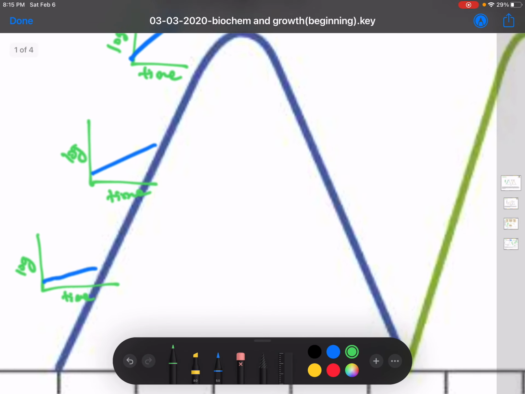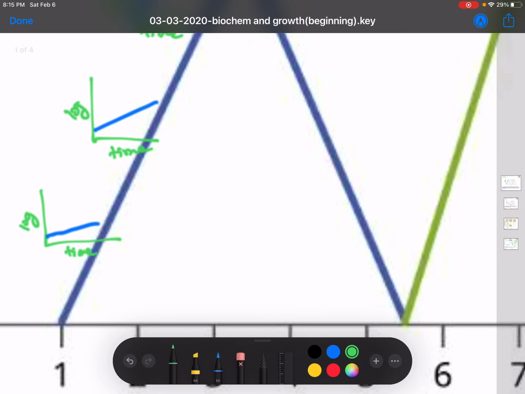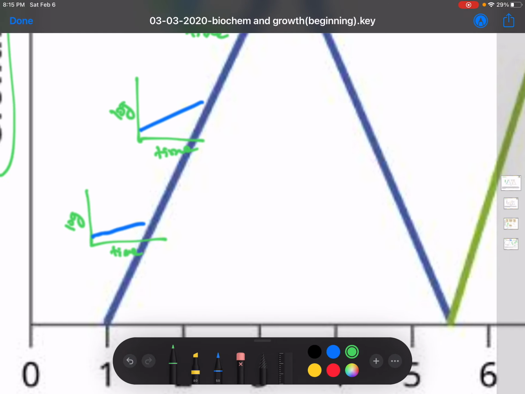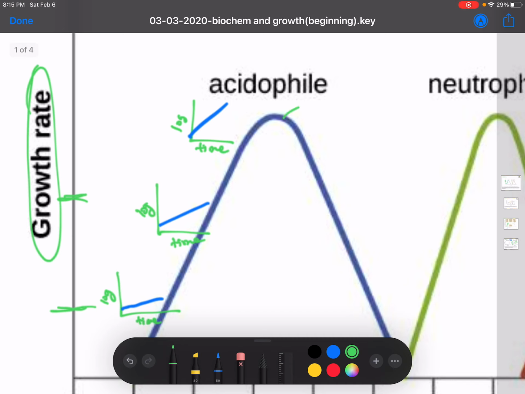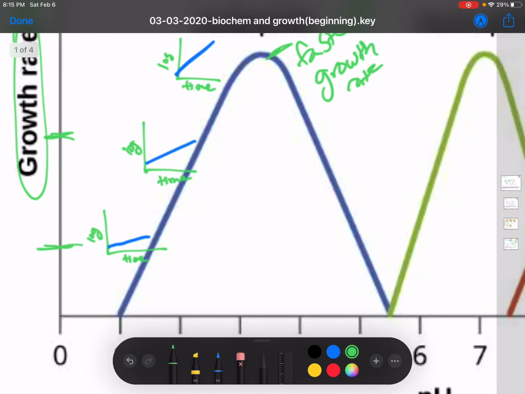So if we zoom in here on the curve, it's showing that at these points, the growth rate is lower, right, than the peak. So this is the fastest growth rate